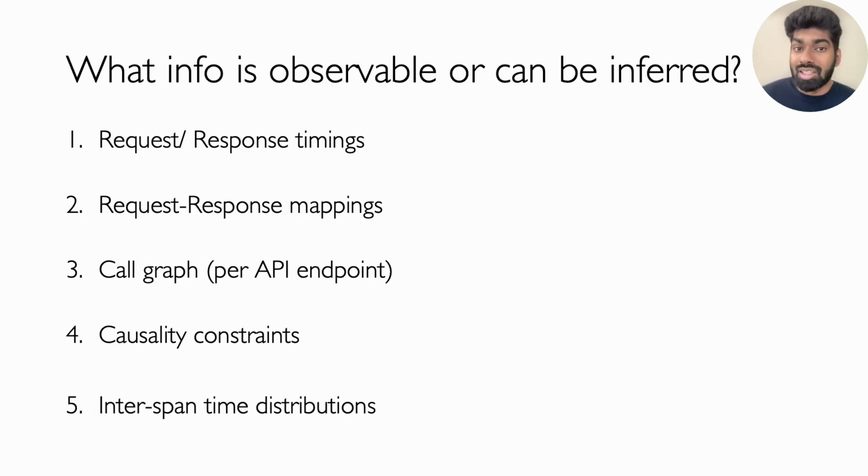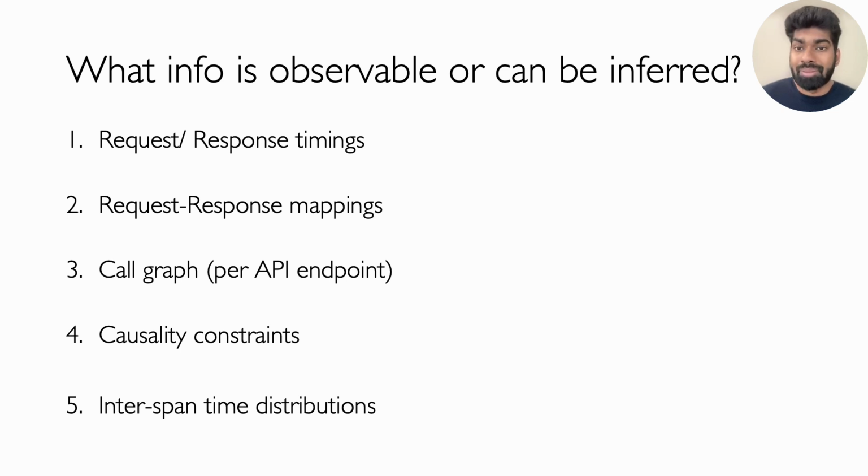Now we'll iterate through a list of information that we identify to be generally observable or can be inferred without modifying applications. I'll next go into each of these items individually. Just to elaborate, the reason we are interested in getting information like this is to be able to use that information to aid in mapping an incoming span to an outgoing span. The more information we have available that can hint at which outgoing span is the right one, the better the